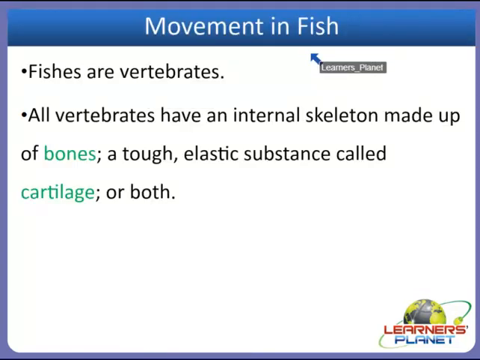Yes, movement in fish. Students, fishes are vertebrates. Means they are the animals that have a backbone. And all vertebrates have an internal skeleton which is made up of bones, a tough elastic substance called cartilage, or both. Means all vertebrates have a skeleton which is made up of bones or cartilage, or both the bones and cartilage. You will be very amazed to know that about